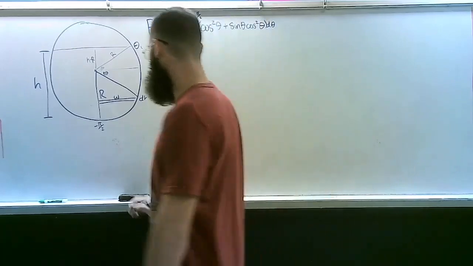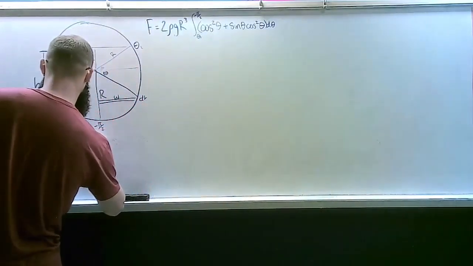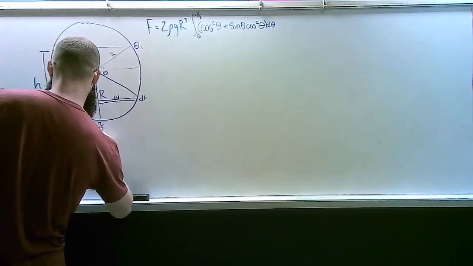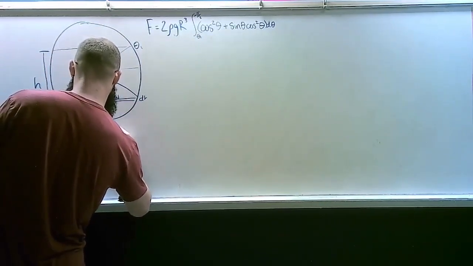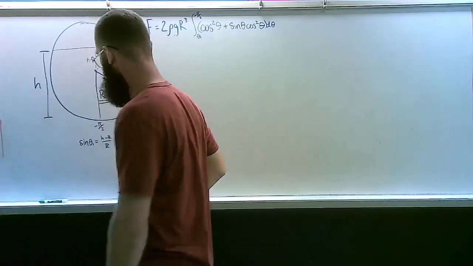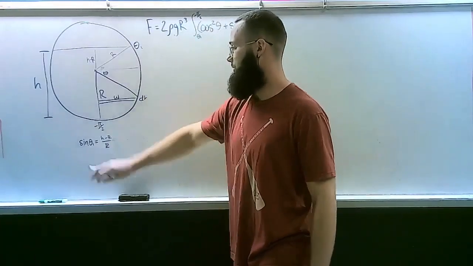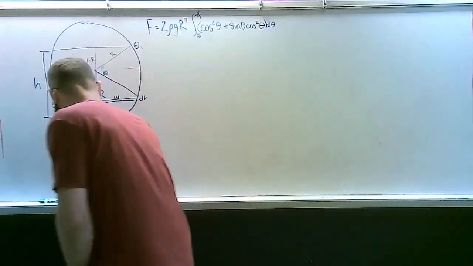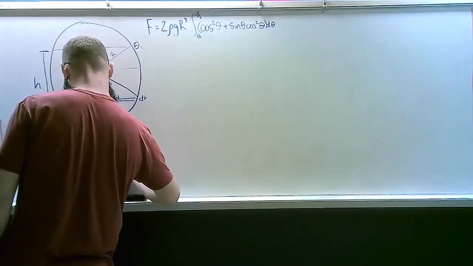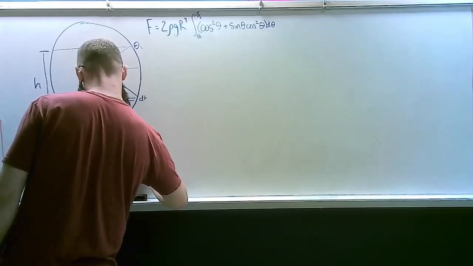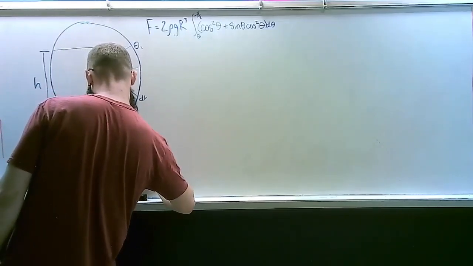And we know theta 1 from earlier, because sine of theta 1 is equal to (h minus r) over r. So we can rearrange this and state that theta 1 is equal to arcsine of (h minus r) over r,